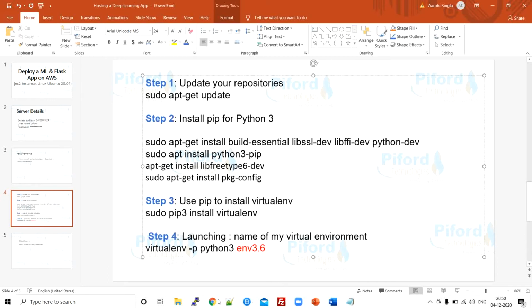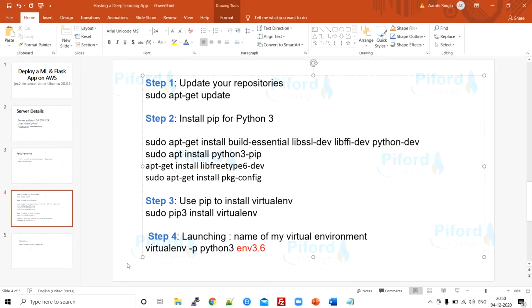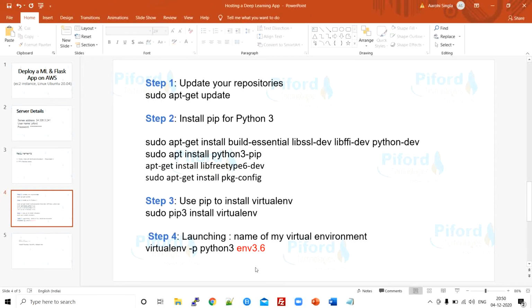Remember the one which I've shown you over here, env 3.6. So this is a folder. I want to create a virtual environment under this folder. You can change this folder name to anything you want, myenv, abc, whatever you want to write, right? So now your virtual environment is created.